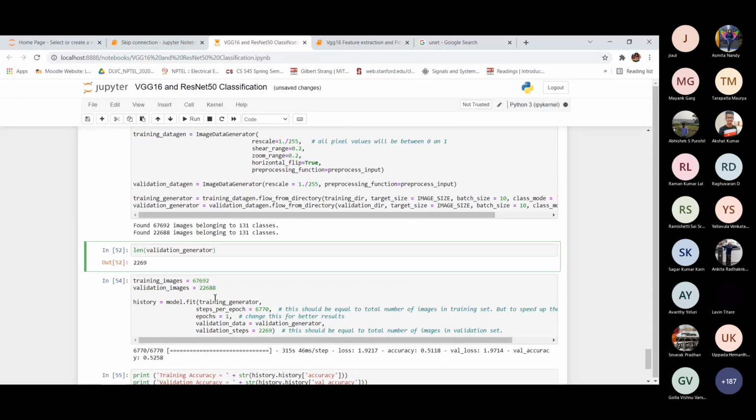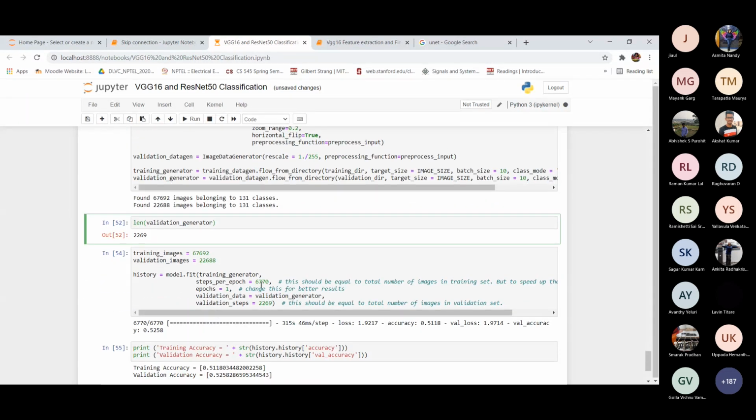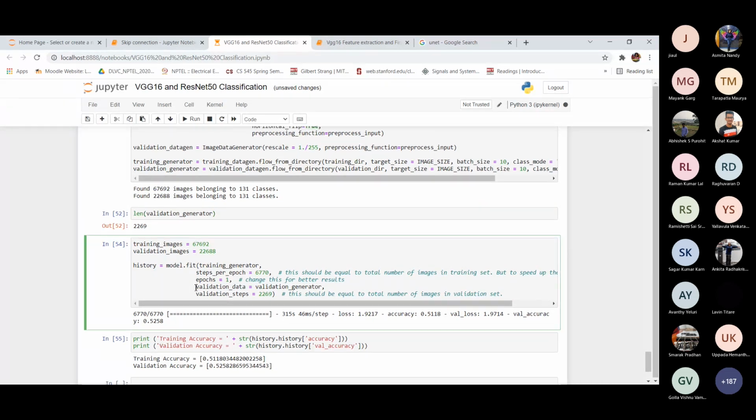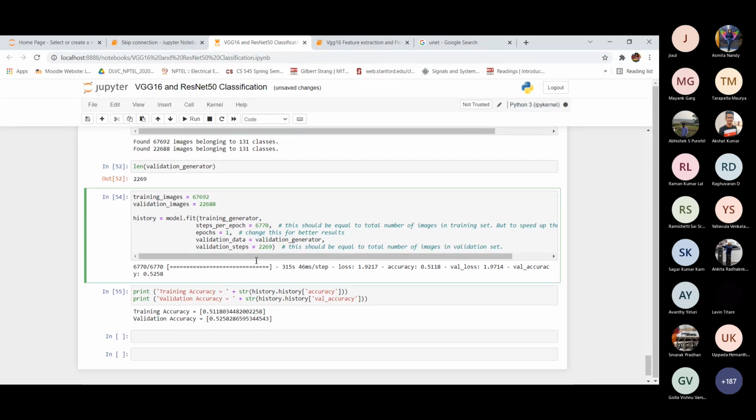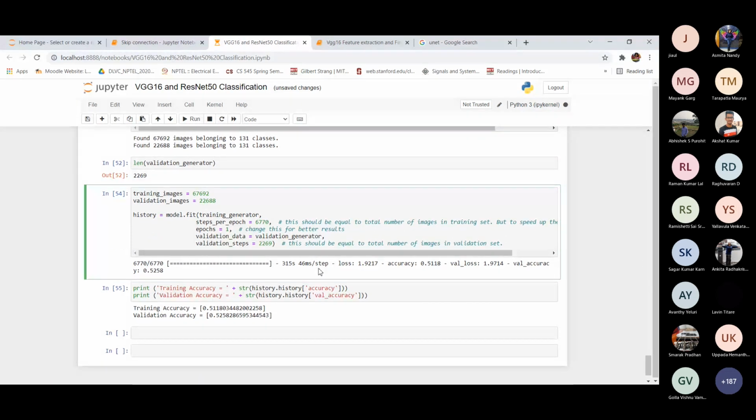Okay, now we will use this and train the model again. Here it is for one epoch we are training, so the accuracy is not that good: it is 51%, and loss is also more. If we train for more epochs, then we will get better results.